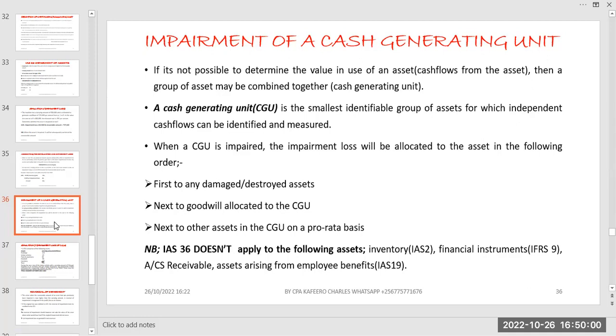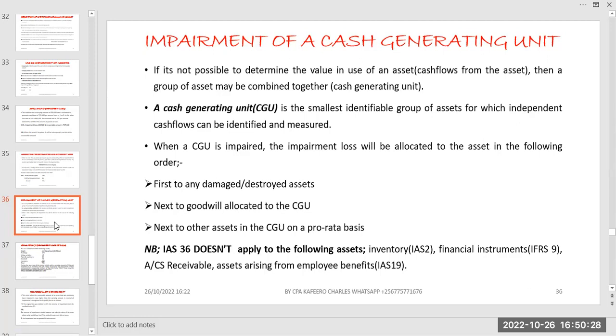The reason why we first give to those is that they are the ones which are almost destroyed, so we first give them the impairment. Then the other one will go to goodwill, if there is any goodwill that is allocated for that cash generating unit. Then the last one, whatever is remaining, because you may find that the impairment, let's say, is 15